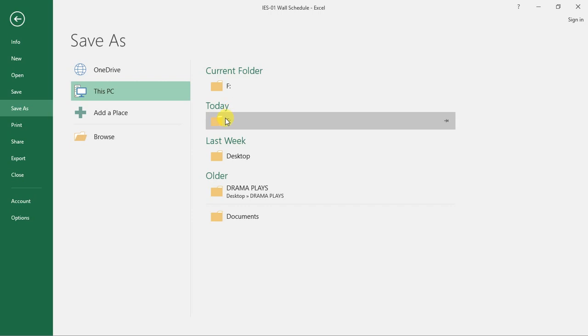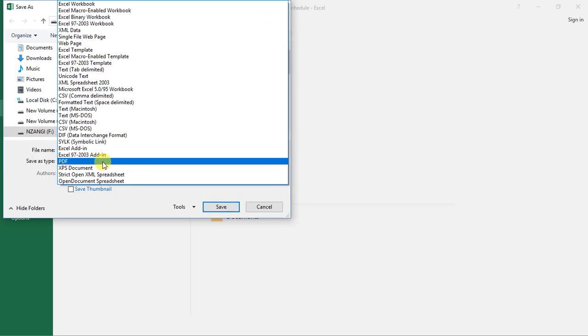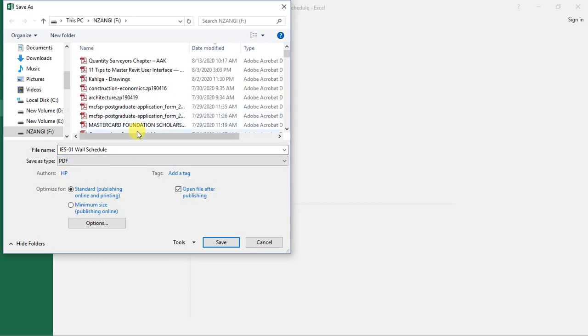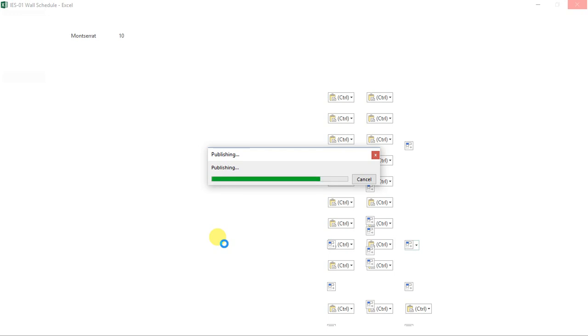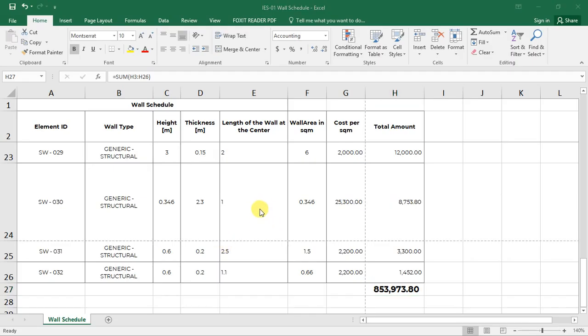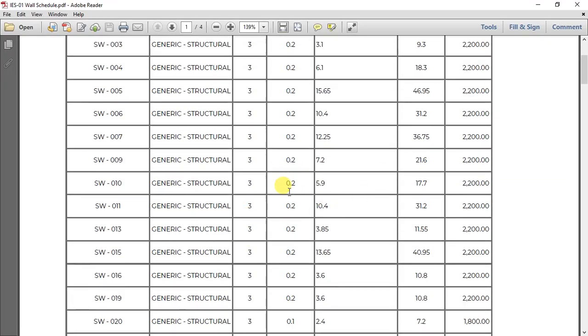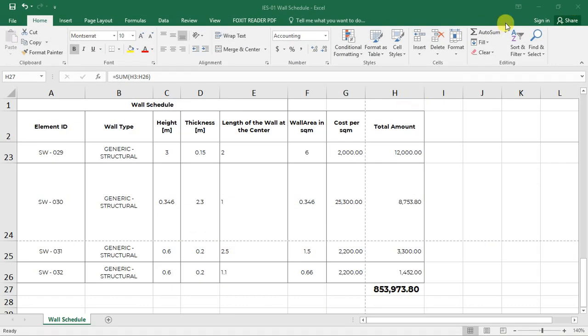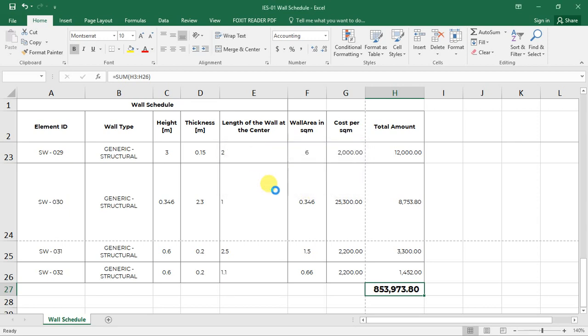You can save this as a PDF file. So go to Save As, select PDF. Then you will see this clearly. Let's say you wanted to share it with other people, you can share it with your client, and they'll be able to appreciate the cost of your design. So that is it, and that's how to come up with the cost estimate of a wall